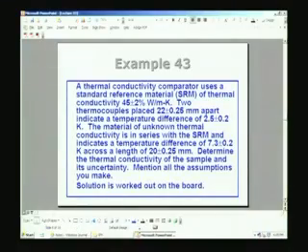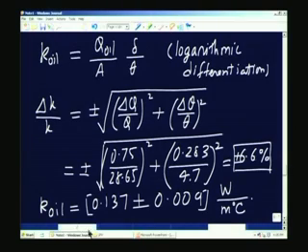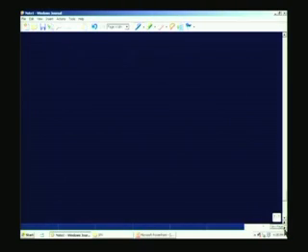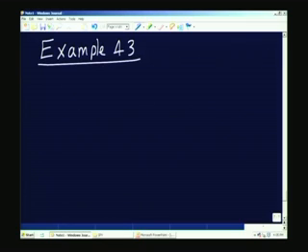So, let us work out the problem on the board. So, this will be example 43. All I have to do is to use the expression I gave in the slide. So, I will just write down what are the quantities we know. La is 22 millimeters. If you want, you can keep all of them in millimeters, because we are going to only take ratios. If you want, you can convert it into meters, it is up to you, because only ratios are going to come, and only the value of K of the specimen, the standard reference material, if it is given in SI unit, the K determined here will also come out to be in SI units, because all others are ratios only. So, this is 22 millimeters,